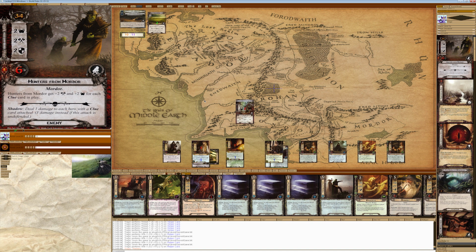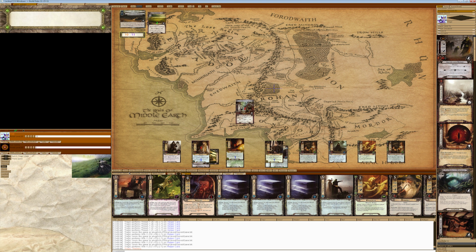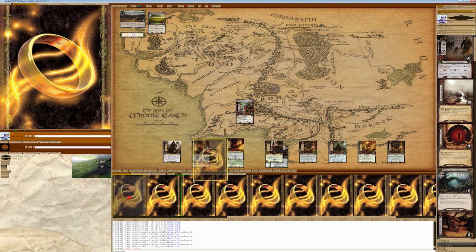Okay, so we cannot finish this quest this turn either, so there's no point in Gandalfing. I think we're just going to have to... Okay, so we're now going to start the quest phase, which means that we draw the 2 encounter cards, which of course we actually know are the 2